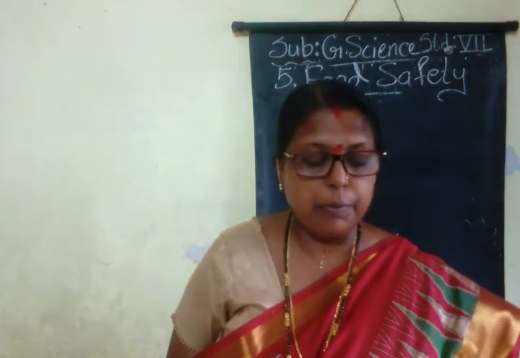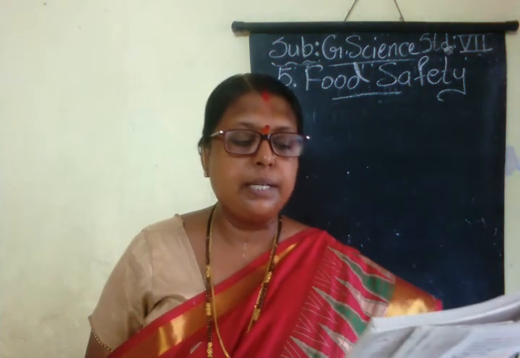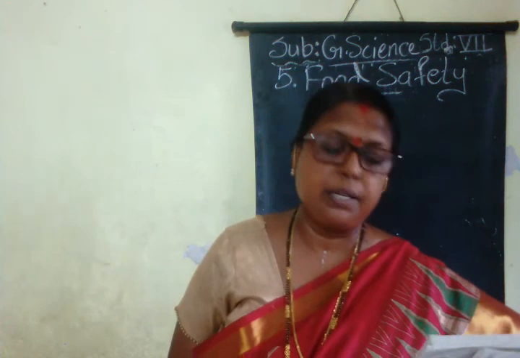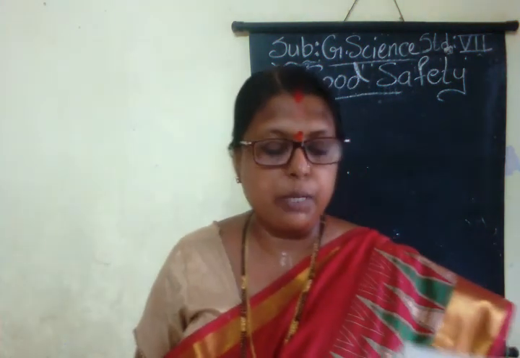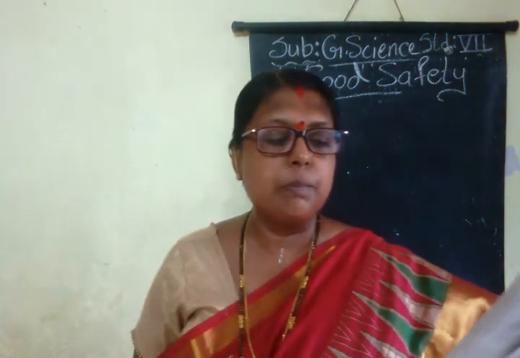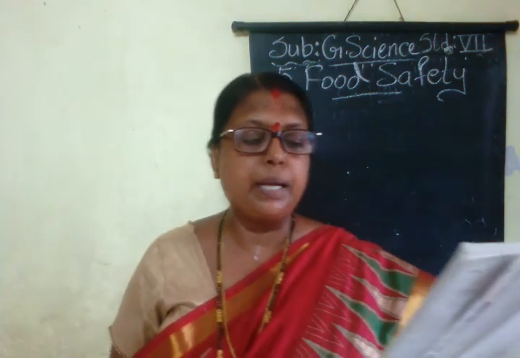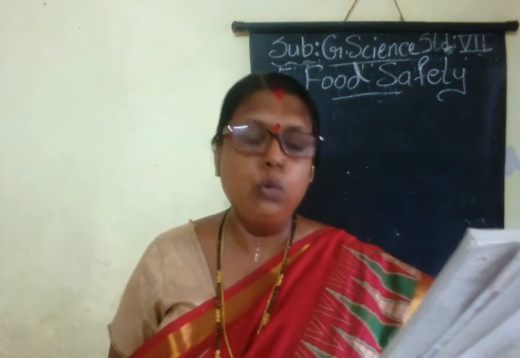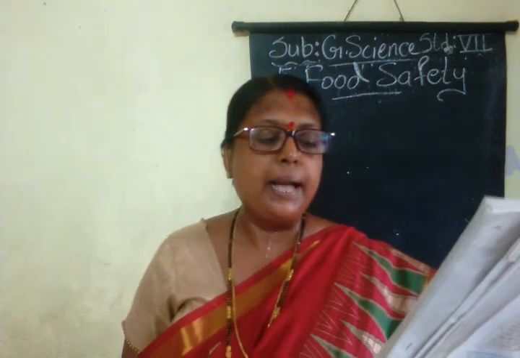So these are the chemical preservatives which you have to remember: acetic acid, citric acid, sodium benzoate, and some nitrates and nitrites. Okay. Next is pasteurization. This is something very important, children. This method involves heating milk or other similar foodstuffs up to a certain temperature. Example, milk at 80 degrees Celsius for 15 minutes and cooling it quickly. This destroys the microbes present in the milk and it keeps for a